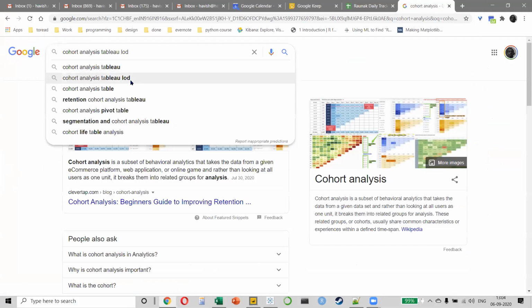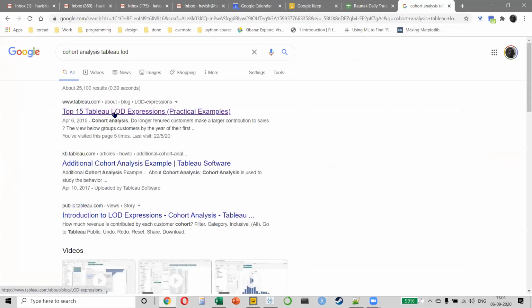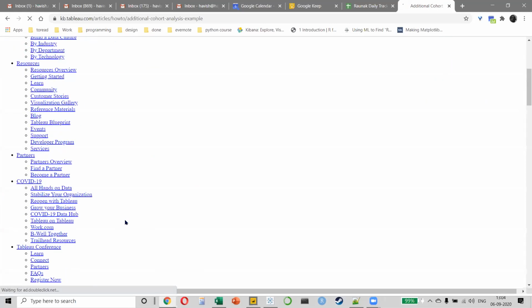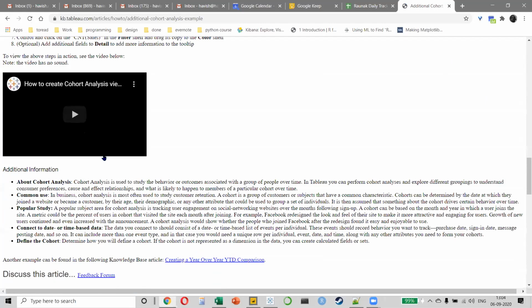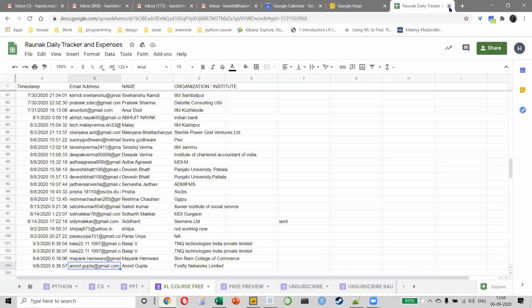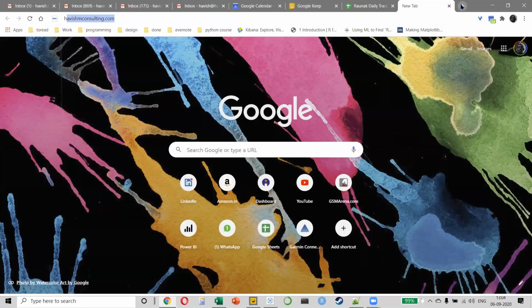But if you notice in Tableau, if you have to create it, it is available, but do remember it is going to be a little difficult because you will have to create some calculations of your own. The good part is today the classification that I'm going to show you will work automatically. So do you see all this? You have to create these fixed and dated different types of calculations. The good part is we will use something called KNN, right?